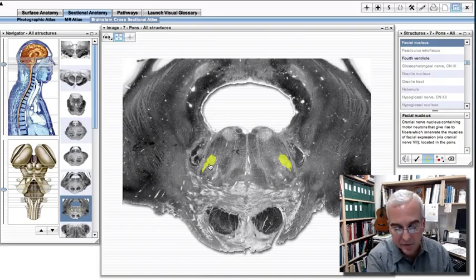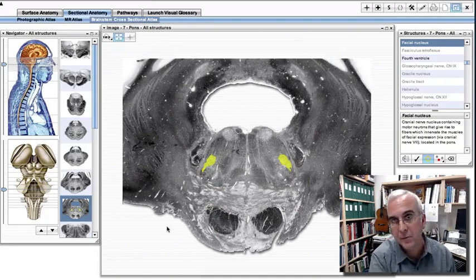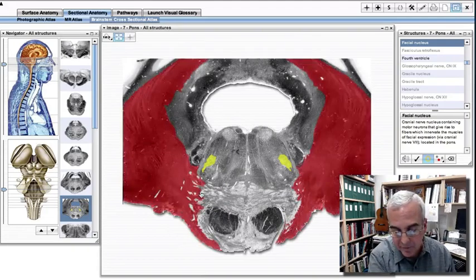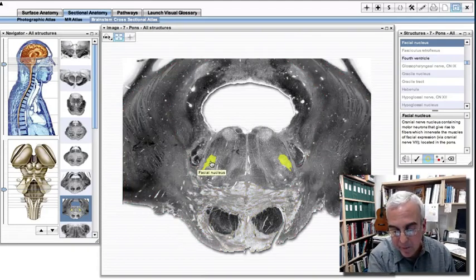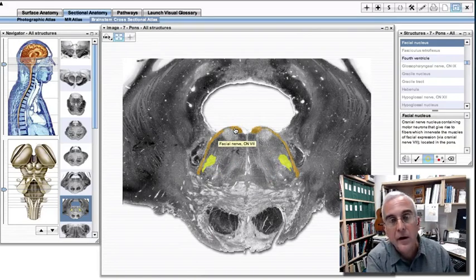Now one might think that these axons would simply take a straight shot out and exit the ventrolateral aspect of the junction between the pons and the medulla. But in fact, the course of these axons reflects this embryological migration of the motor neurons that I just mentioned. So this nucleus migrated from a more dorsal position, and as the neurons moved, they elongated their axons. So the axons from the facial motor nucleus actually wrap around and form this band of nerve root that wraps